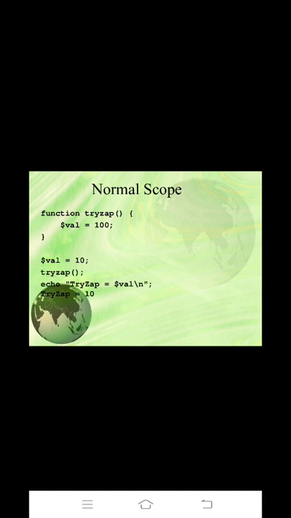So what will you get, either 10 or 100? You will always get 10 only, because that value is only for that function. Outside, the value is not used, it is not there. So you will get the output only 10, not 100.